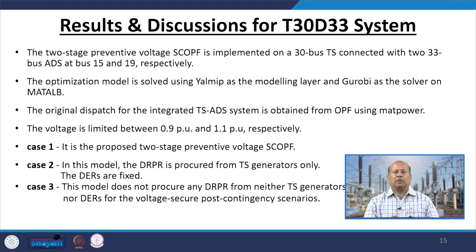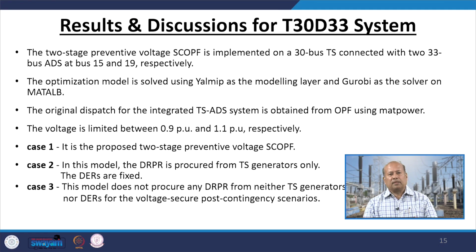Now, we have carried out three cases. Case 1 is the proposed two-stage preventive voltage security constrained OPF. In case 2, the DRPR is procured from the transmission system generators only and the DRs are fixed. However, case 3 does not procure any DRPR from either transmission system generators or DRs